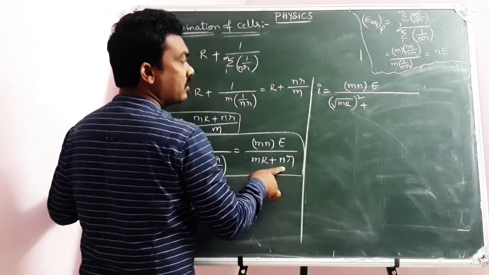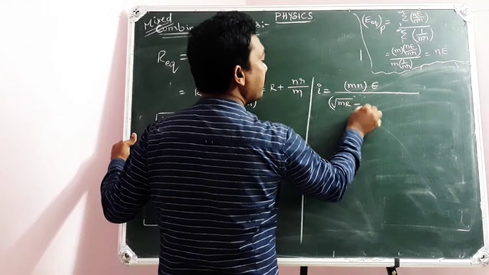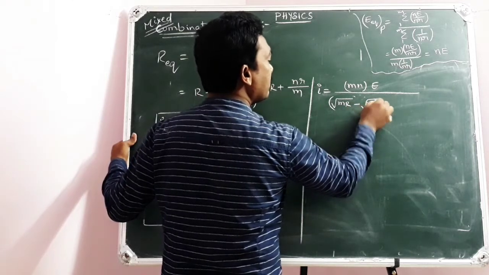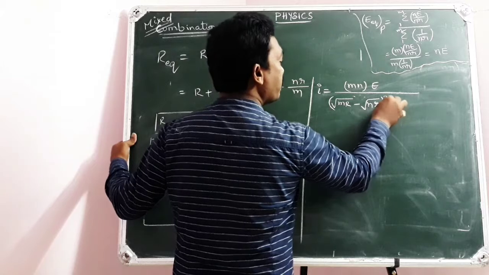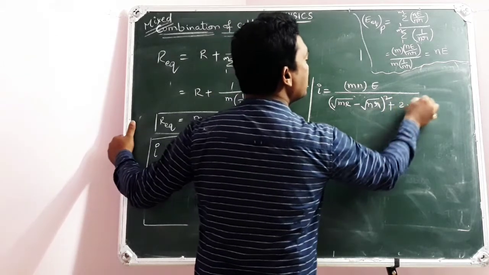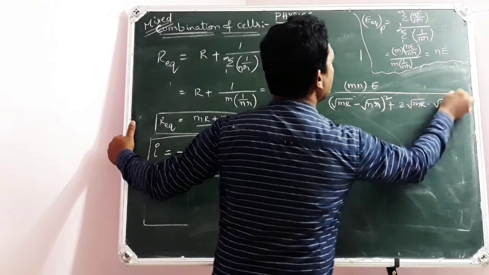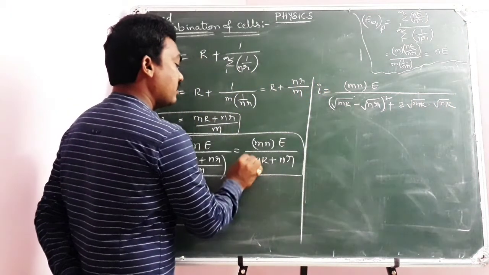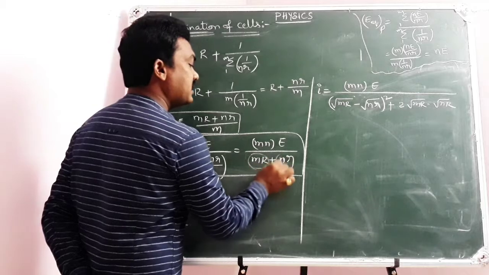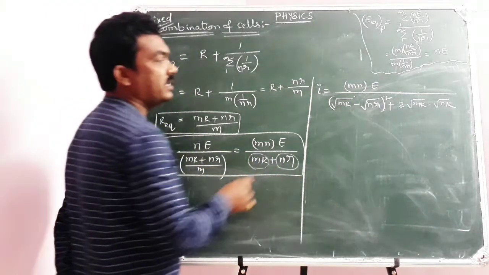Here we do one thing: (A minus B) whole squared plus 2AB. Look at this, this is a simple logic. This is A, for example, mR plus nr you wish to have. So for that what I have done is,